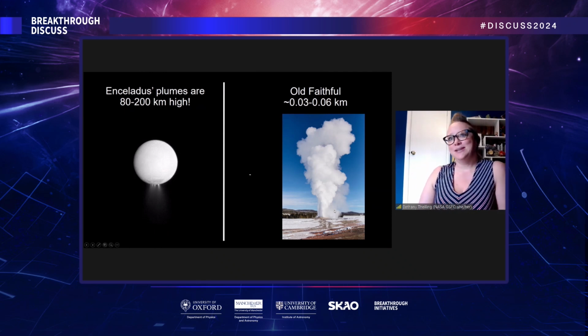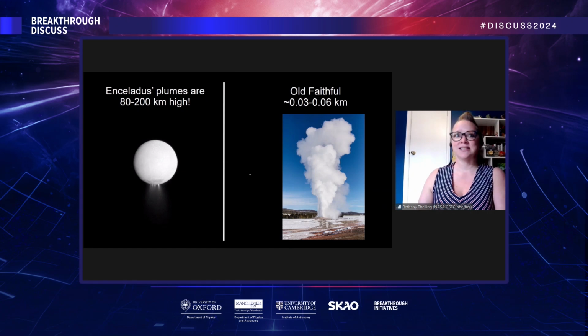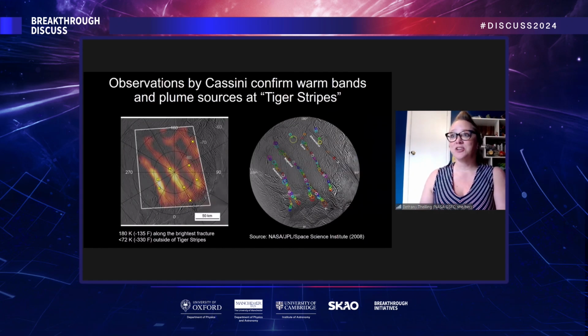And so you can see it's maybe 0.6 kilometers. These bars here are just a scale. This is Enceladus's plume, and here's this teeny little dot, which is actually still too big to indicate the size difference in these things. So these are enormous. And we had the good fortune of being able to fly through them with the Cassini spacecraft. Cassini also was able to take a lot of data here.